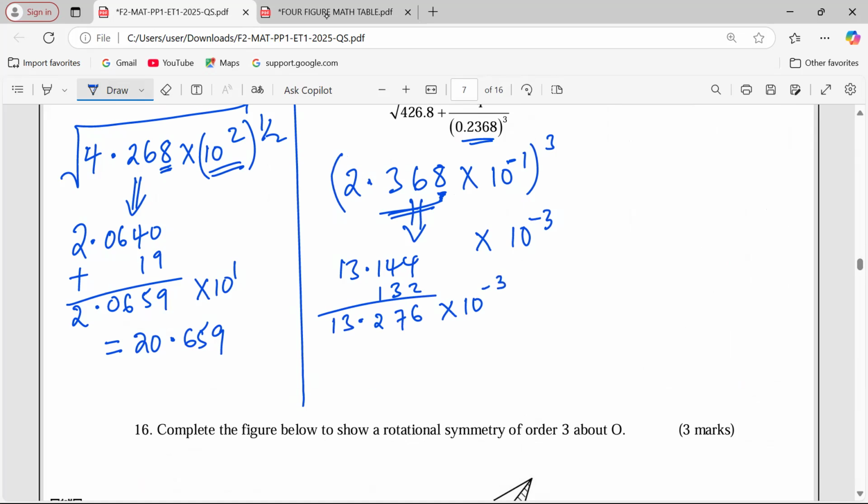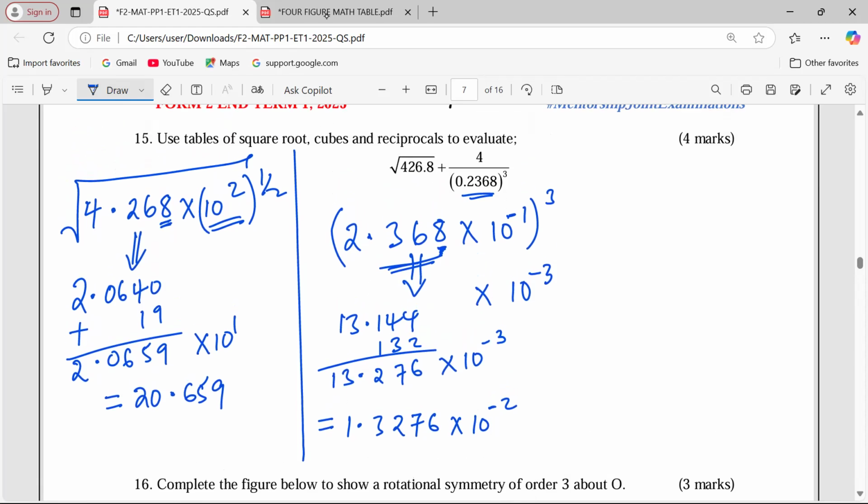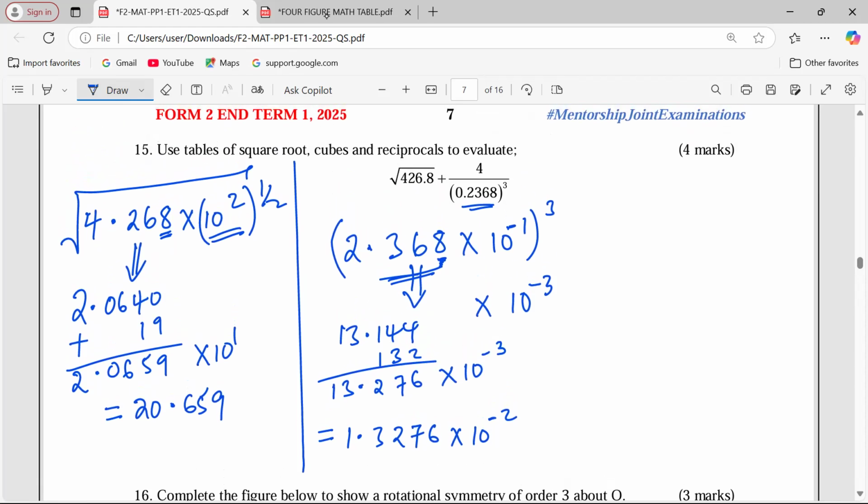So that is it. We can even write it in standard form further and say this one becomes 1.3276 times 10 to the power of -2. Yeah, that way. So that is after applying the cubes now. Then finally, we have to apply the reciprocal table. The reciprocal table now means we are taking the square root,